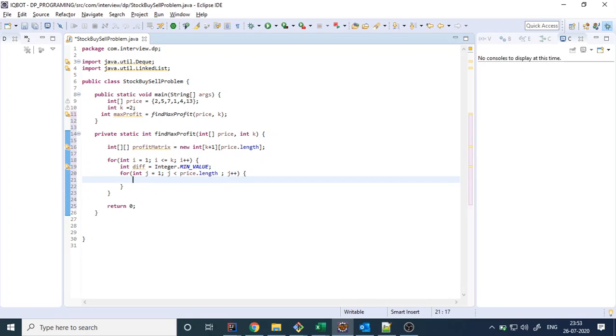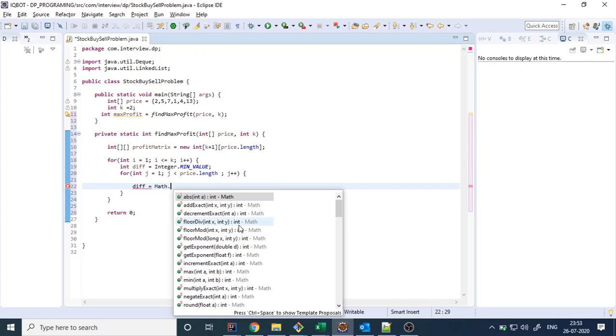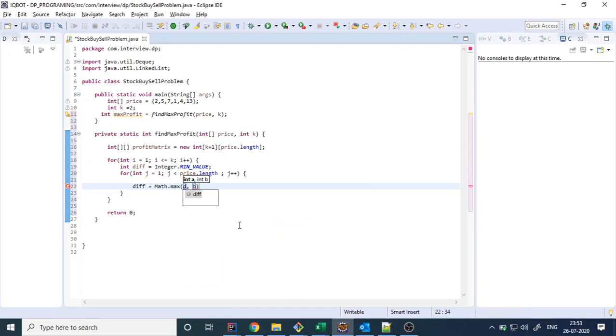Here what you are doing is identifying the differences, right? So Math dot max of diff, and I said how it will do it, it will do it like this: